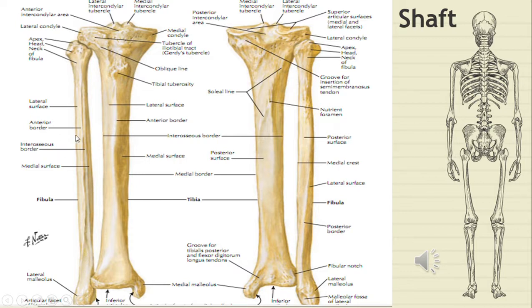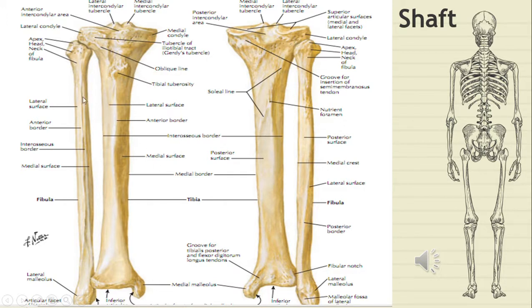Then the medial or interosseous border is lying very close to the anterior border, just 1 millimeter distance, and it may not be visible above and below, but it is more prominent in the middle part. We can trace it from the head, and then going downwards it is going to end in the anterior border of the talar facet. The posterior border starts from the styloid process and ends on the posterior aspect of the lateral malleolus. And then these borders enclose three